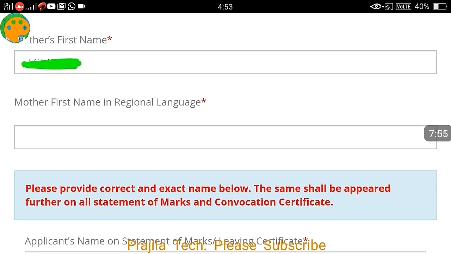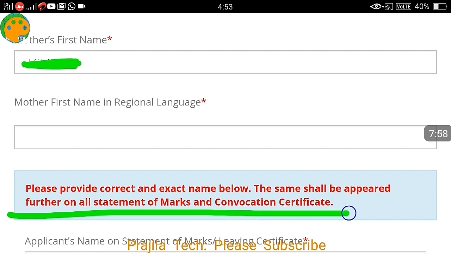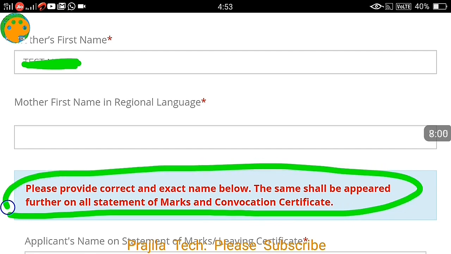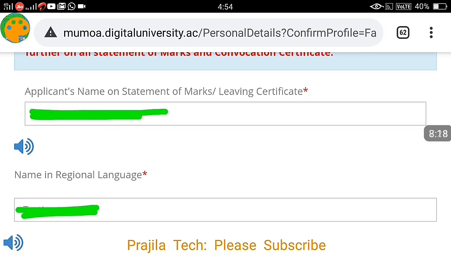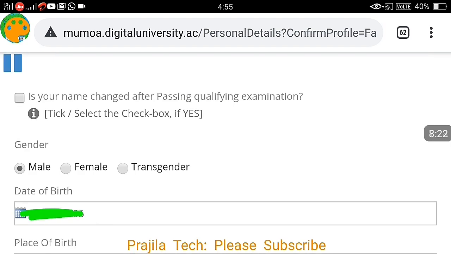So you enter your name, it will be already there. You enter your name, mother's name, father's name. So please provide correct and exact name. Okay, the same shall be appearing in your marks card and stuff. So make sure your name is correct. Later you cannot change, you will be in trouble. So applicant's name and statement of marks, leaving certificate, everywhere this name will be there. So make sure first name, second name, everything you are giving properly, so that later you are not running around for